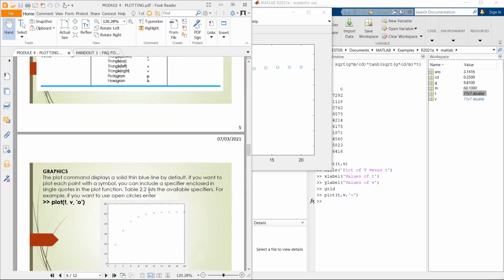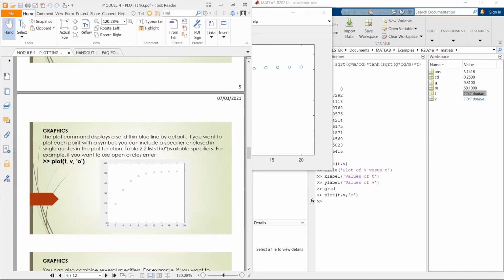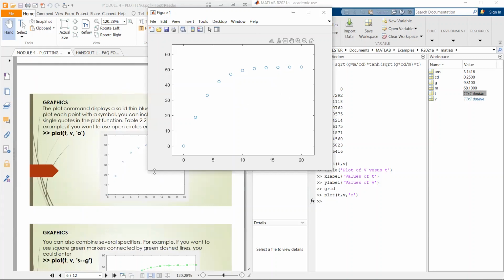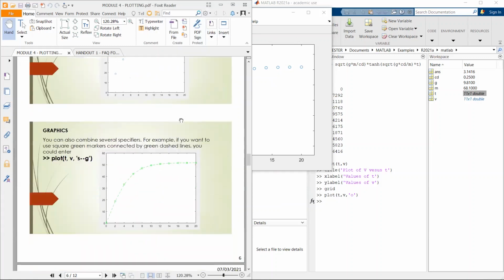So if you want to plot each point with a symbol, you can include a specifier enclosed in the single quotes in the plot functions. Okay? So ito yung table. Ito yung nangyari. Okay? For example, if you want to use an open circle. Ayan. Also class, if you also combine several specifiers, for example, if we want to use a square green markers